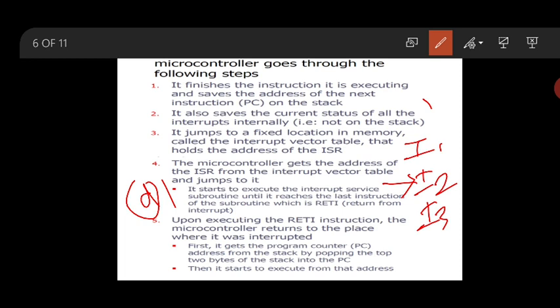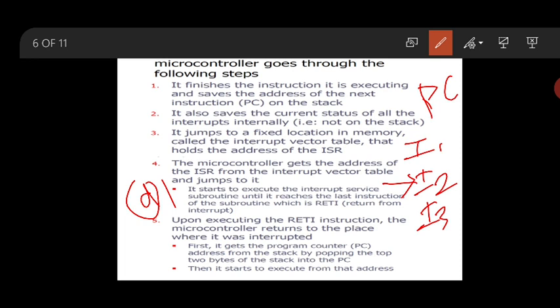Because the PC, the program counter, is loaded with the address of the instruction currently executing. Before the interrupt, which instruction is executing? I1, so the PC is loaded with the address of I1. If an interrupt occurs, the address of the next instruction I2 will be loaded onto the stack.